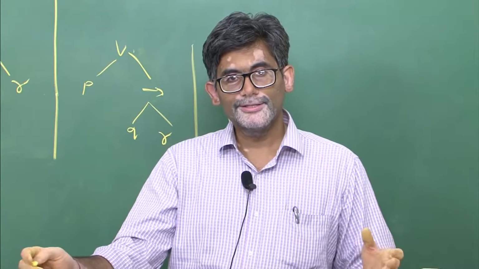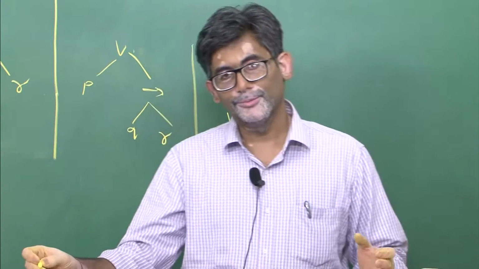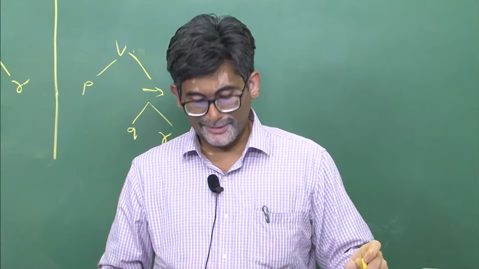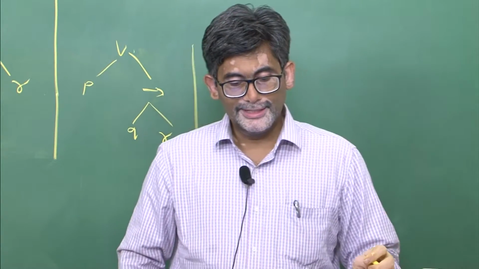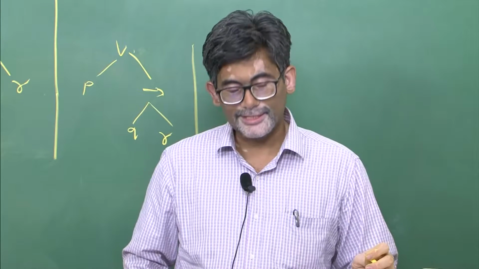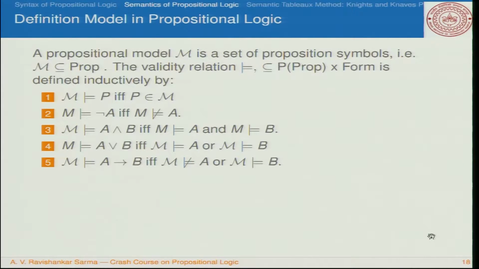Now A and B is true in a model M when both are true, and A or B is going to be true when either one of these is true. A implies B is true, and we just follow the definition of material implication, that is not A or B. That means not A means A is not a logical consequence in your given model, but B is a logical consequence of your given model.